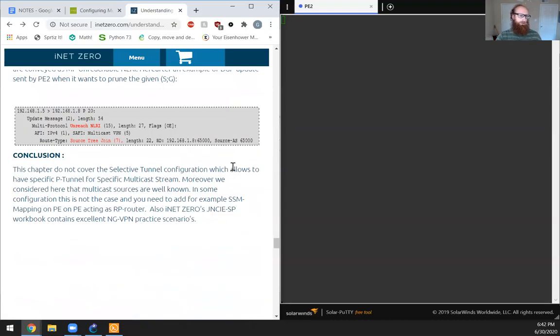Conclusion: this chapter does not cover the selective tunnel configuration, which allows you to have a specific P-tunnel for a specific multicast stream. Moreover, we considered here that multicast sources are well known. In some configurations, this is not the case, and you need to add, for example, SSM-mapping on the PE acting as RP router. Also, INE's JNCIE-SP workbook contains excellent